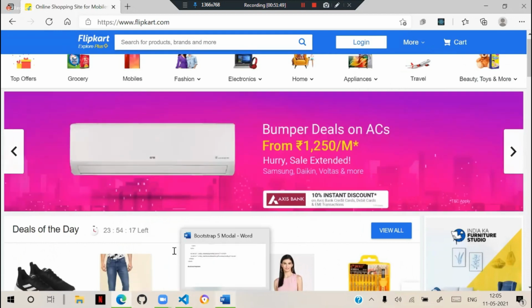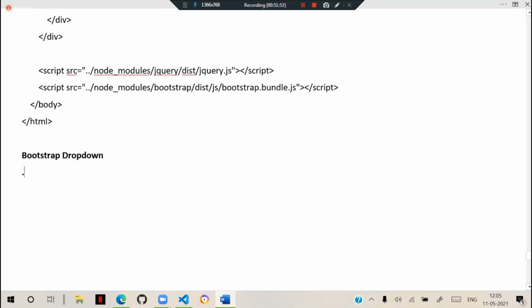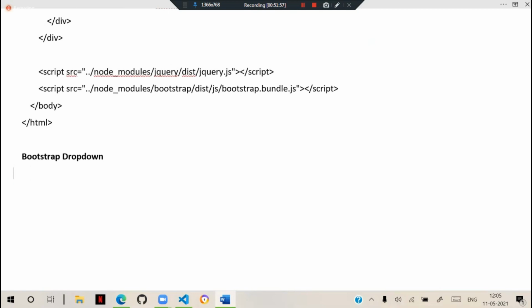Bootstrap dropdown related classes, like I gave in the notes, include dropdown, dropdown-item, dropdown-menu and dropdown-toggle. So the main classes are dropdown and dropdown-menu, and inside the menu, dropdown-item.